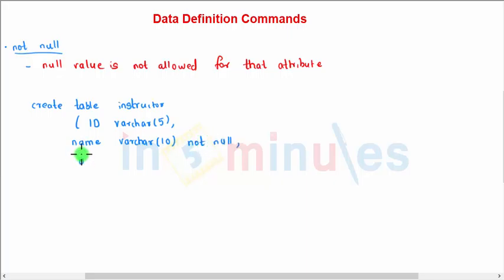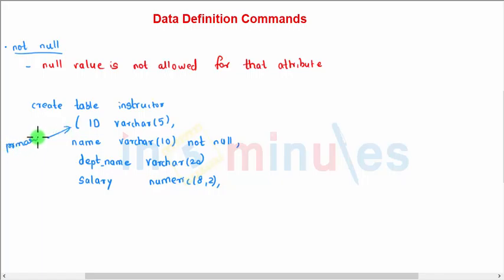Then you have the department name, you give it a data type varchar, then salary, data type numeric. Now you want id as the primary key, so you'll write the integrity constraint as primary key (id),